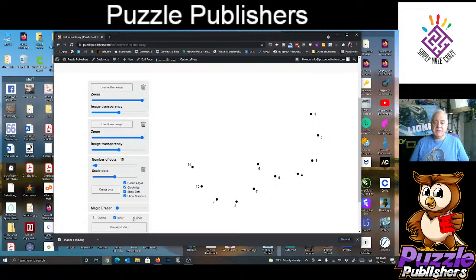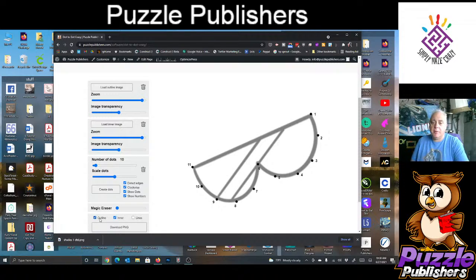Now, if you want to, you can save it with the lines. In this case, I'm not really looking at saving the solution. Now, there's something else you can do. Our dot-to-dot program has something called Magic Eraser in it. Let me turn the lines back on. So with Magic Eraser, it allows you to erase the outer line where you're drawing the dot-to-dot, but keeping the